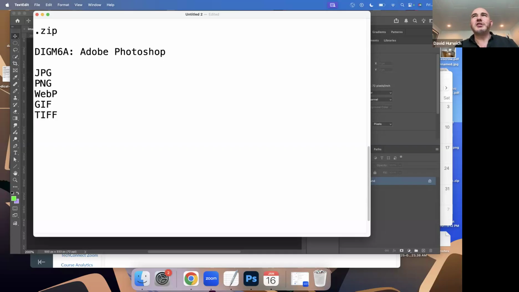The native format of Adobe Photoshop is the Photoshop document, or the PSD. PSD. So when you work inside Photoshop, I really strongly recommend that you